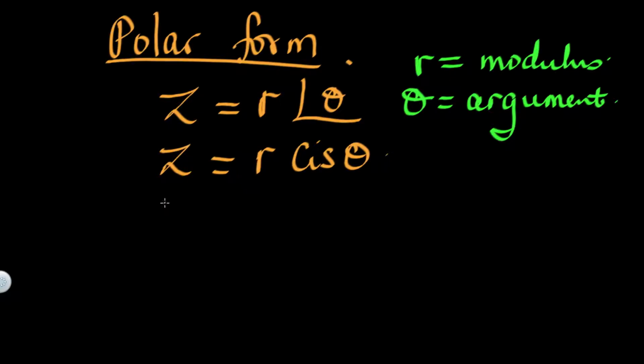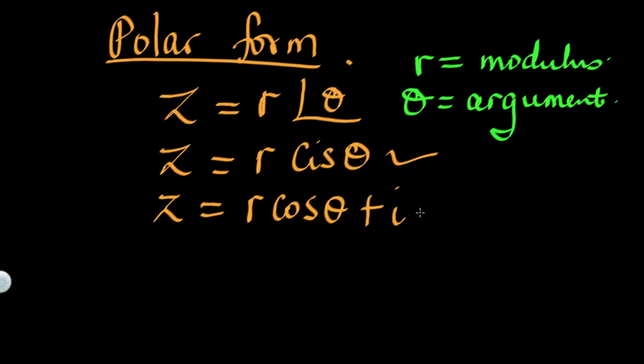Then another version which is quite useful is Z. It is like you're expanding this version here. If you expand this version, it actually means R cos theta plus i R sine theta. This is another version. All of these 3 are actually the polar form. So if you are writing your complex number in polar form, you can use any of these 3. It is acceptable. An example of something in polar form, it can be Z equals to, let's say I put 5 here,